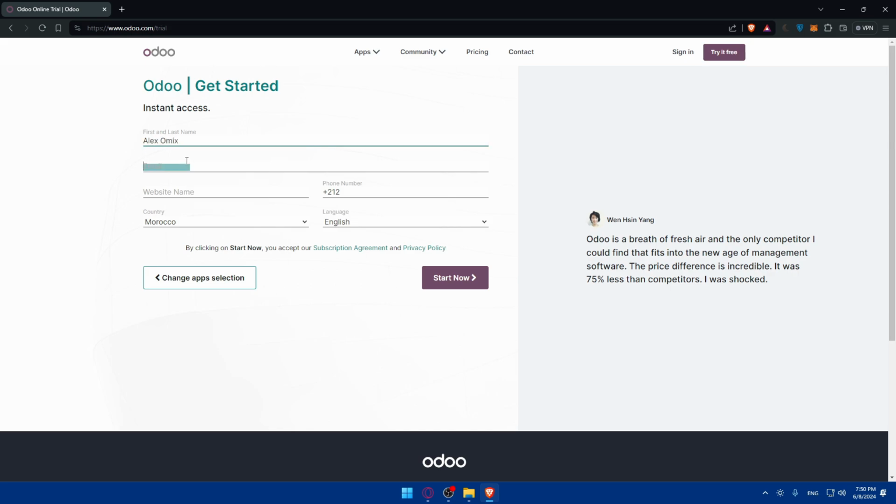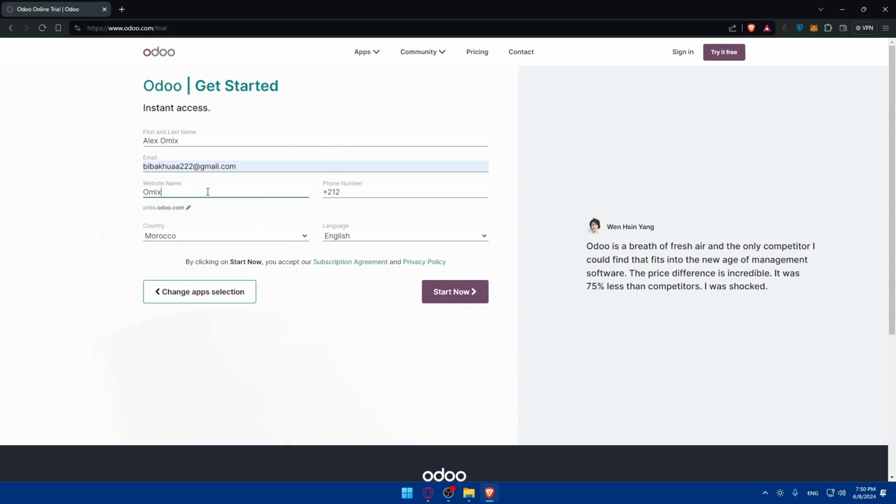And then I'll have to fill up my email, then my website's name. So I'll just name it Omics. And then I'll have to add my phone number, language, and country. Then click on start now. As you can see,